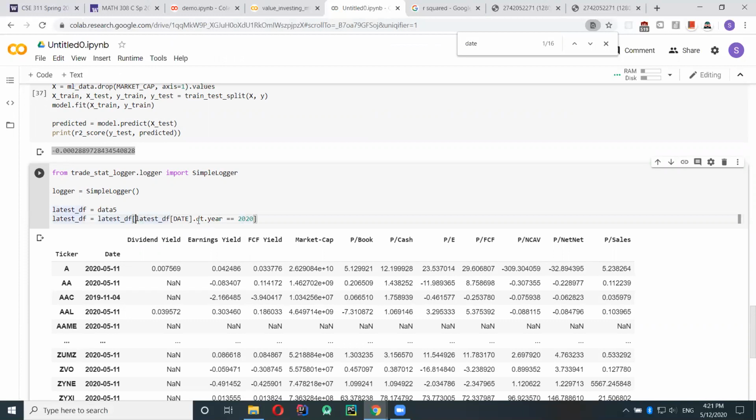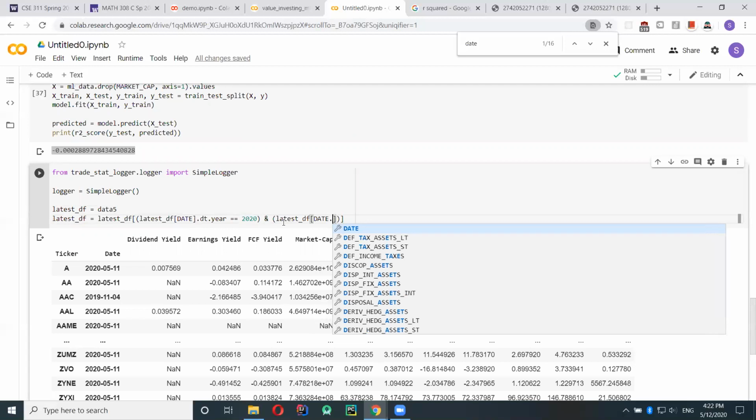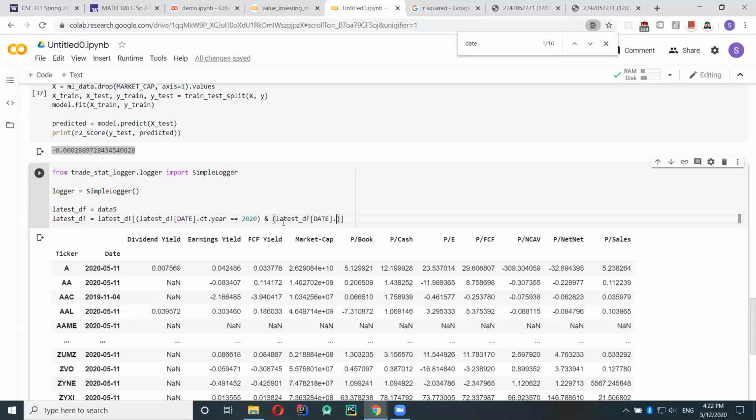And you probably want to do May too, because with the coronavirus, a lot of companies are going bankrupt these days. So we want to do it for May, the companies that are still surviving in May.